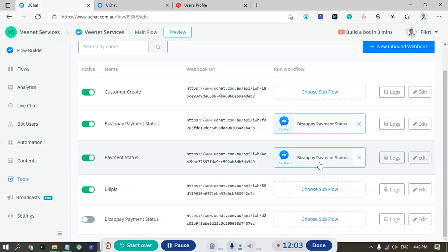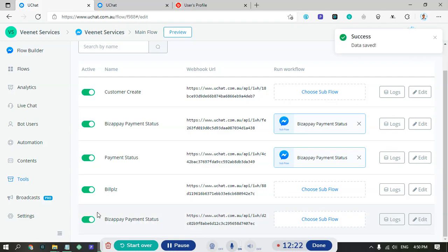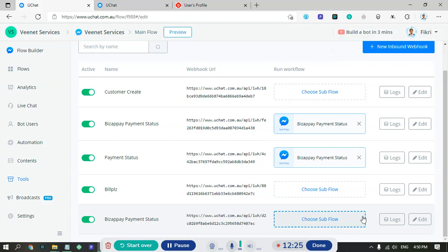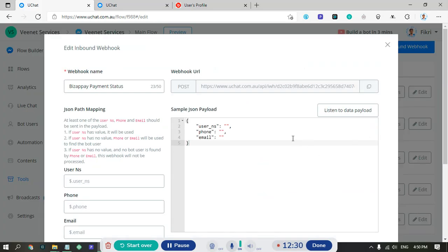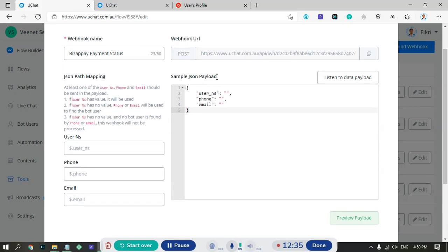So in that flow, you need to set up some specific messages according to the payment status. Alright, so don't forget to activate this webhook, and then we click edit. Alright, now in this section we will show you about the sample JSON payload. So when I'm doing